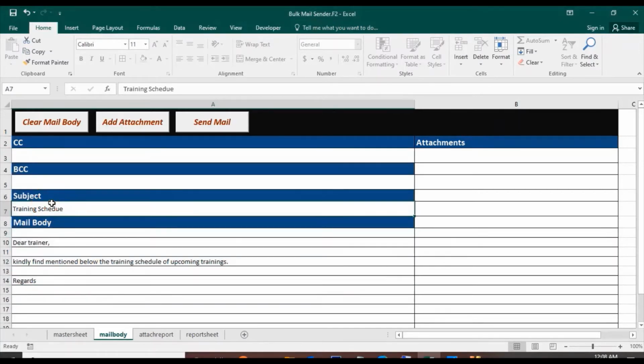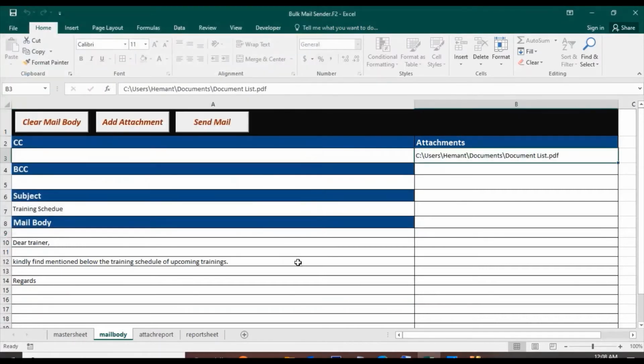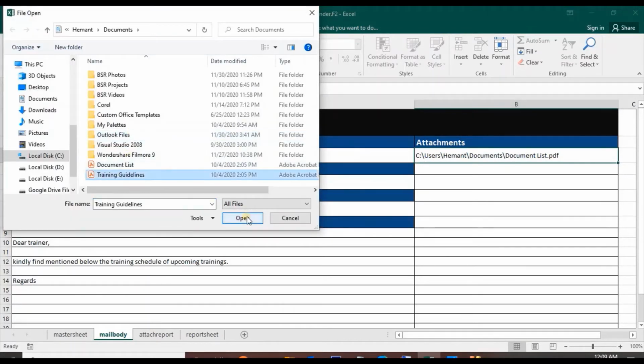It's a generic mail. You can add CC or BCC. That's not mandatory. We can even have attachments. The path of the file attached will be displayed here. You can add any number of attachments.